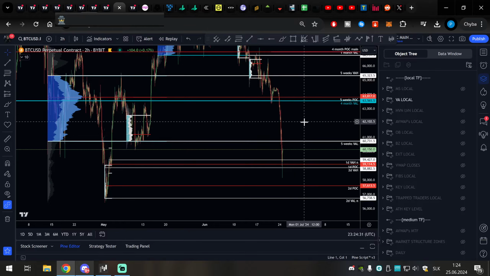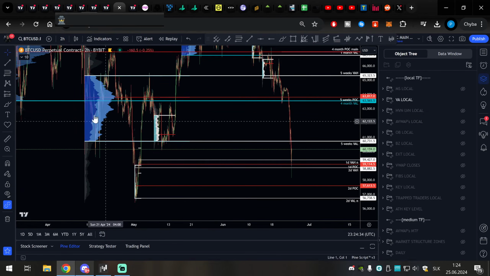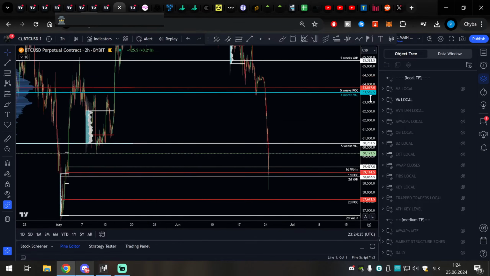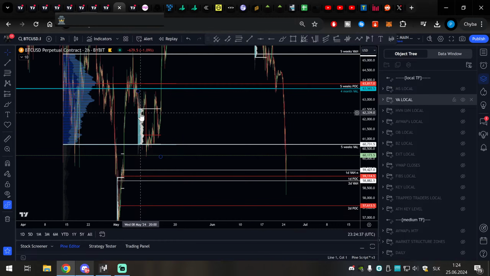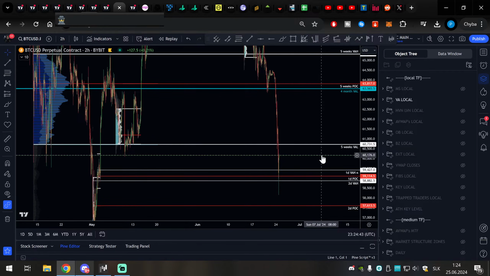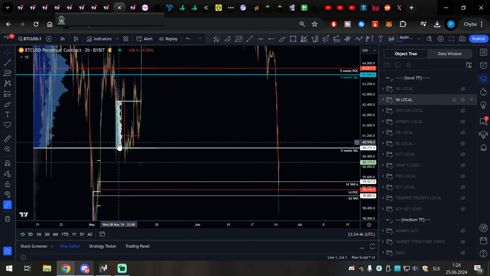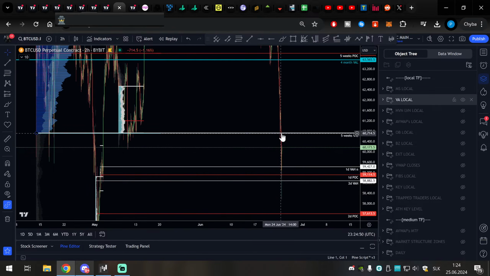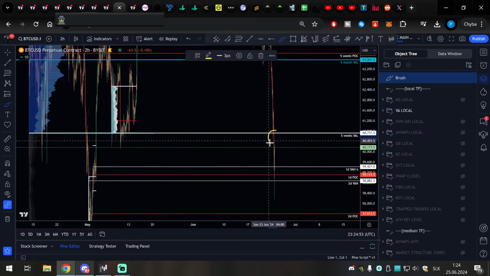So we can start thinking about the potential to rotate this range again, or even more immediately, this range here. This is the nearest range from this smaller time frame. So this is not only the 5x VAL, but also the, how long, 1 week VAL. So you have two VALs here. A very critical area. If you start rejecting here, not good.